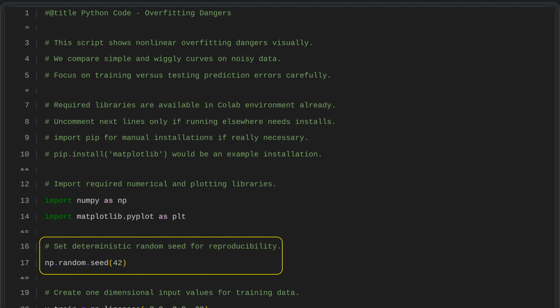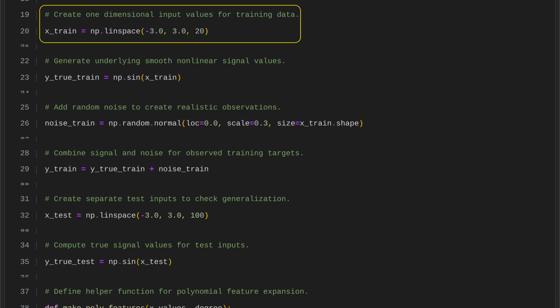We begin by generating our training inputs using a numerical tool that creates 20 evenly spaced values between -3 and 3. These values act as our one-dimensional input features, giving us a set of x values on which to base our model. This simple setup mimics a real situation where we only have a limited number of observations available for